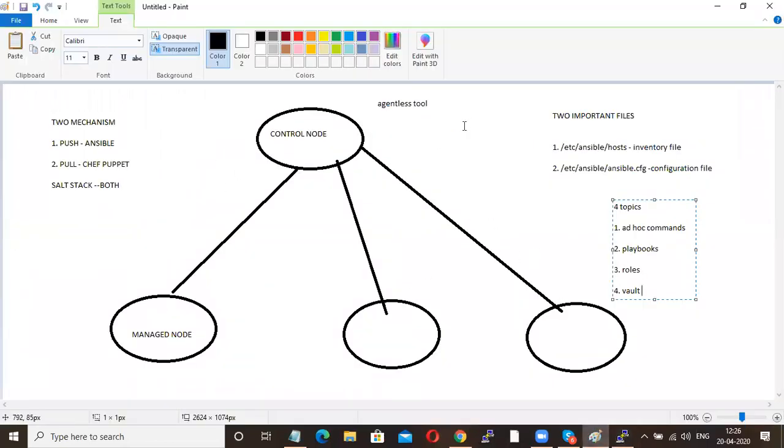Next, just consider that you have 6 machines, 6 IPs or whatever it is. Now your manager or your team lead is calling you and asking you to install a web server on 2 machines, an app server on 2 machines, and a database on 2 machines. Then how do you perform this activity?